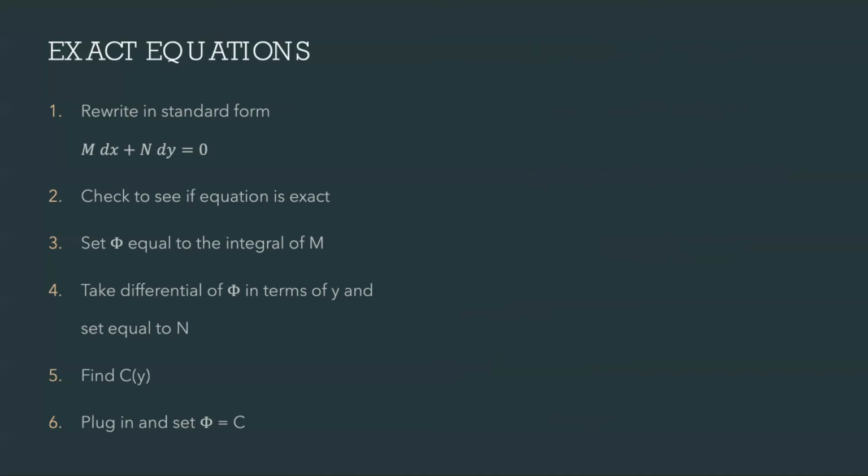Next, we take the differential of phi in terms of y. So the differential of phi over y would equal x squared plus c prime of y, and we would set that all equal to n. So we'd plug in the original n equation, which is x squared minus 1. Then we set x squared plus c prime of y equal to x squared minus 1. We can obviously subtract x squared from both sides and solve for c prime of y, which equals